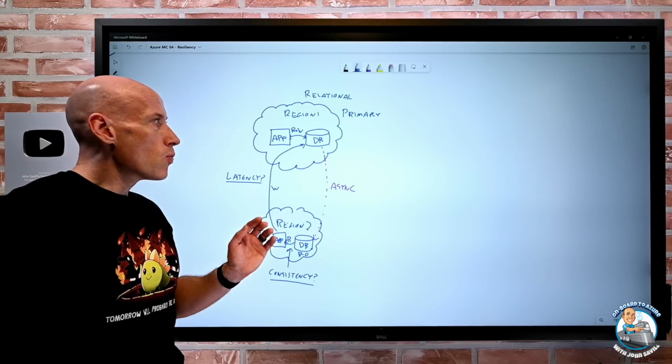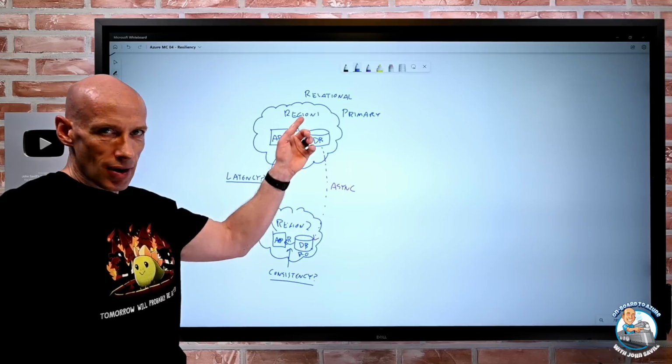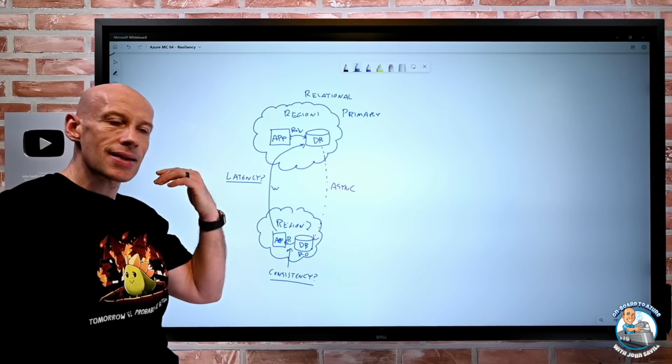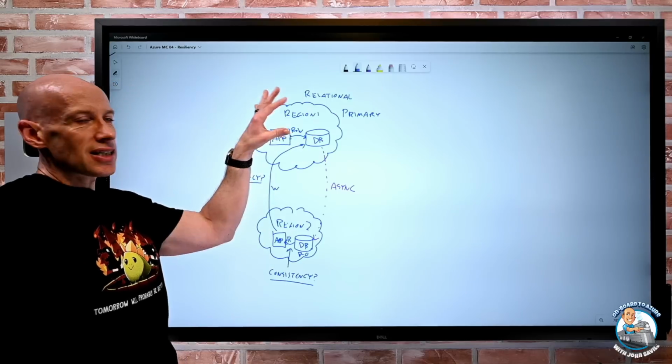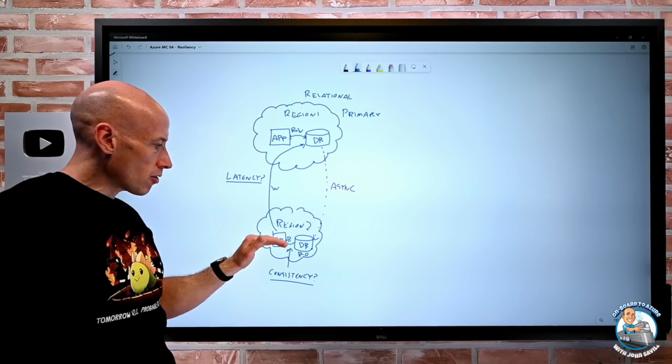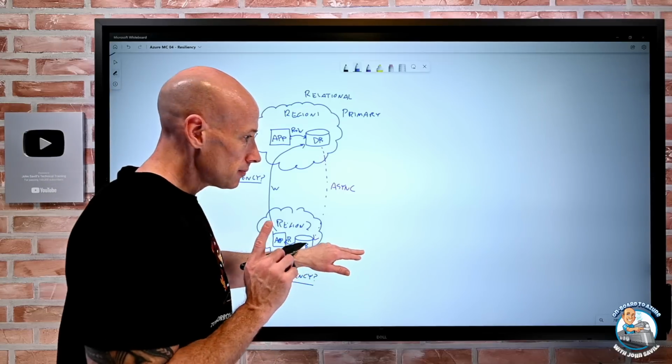But that's why you would typically see active-passive when you have those relational databases, because the app can't handle the latency. It's too complicated. So this is active. If there's a problem, it all fails over, and we just redirect the request to here. Now, I will point out